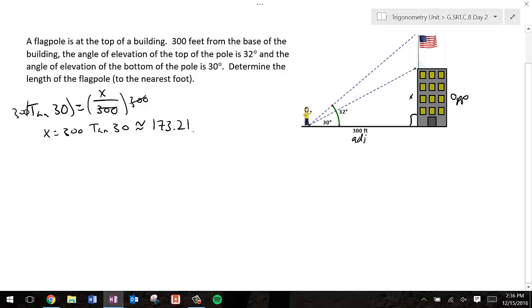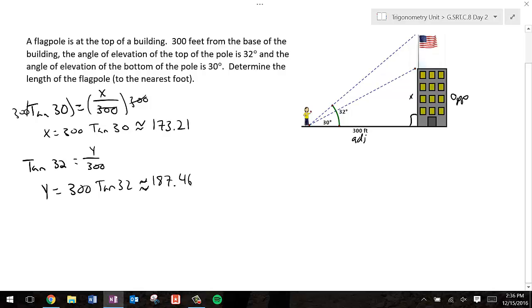173.21 feet. Now I'm going to do the same process over again, only now I'm going to use the tangent of 32 degrees to find the height of the building and the flagpole. It'll still be x over 300, and the solving is the same way. We're going to make this one y instead, and it's going to be y equals 300 tangent of 32 degrees, which in this case is approximately